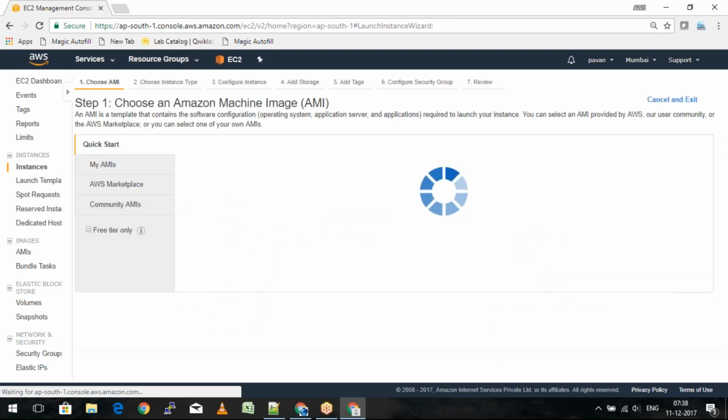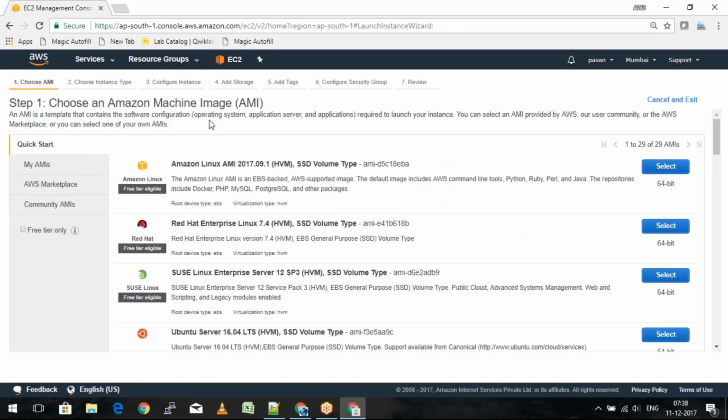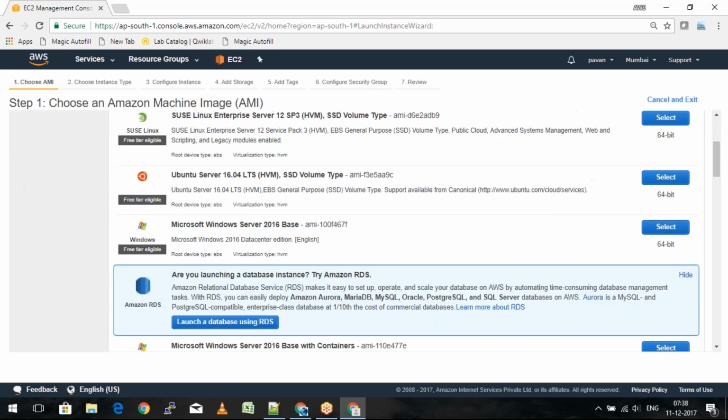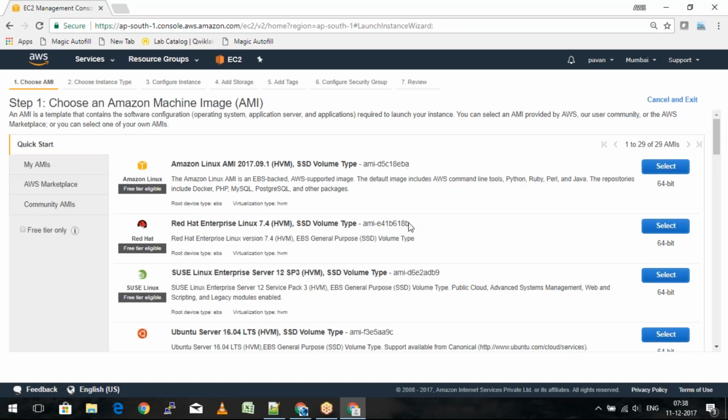Now if you see, whenever we are launching an EC2 instance, in the first step where we see a lot of images, each image has a unique ID, and that is displayed at the end of the name, right? So this image ID is specifically unique for this region. Now if I go ahead and change the region,